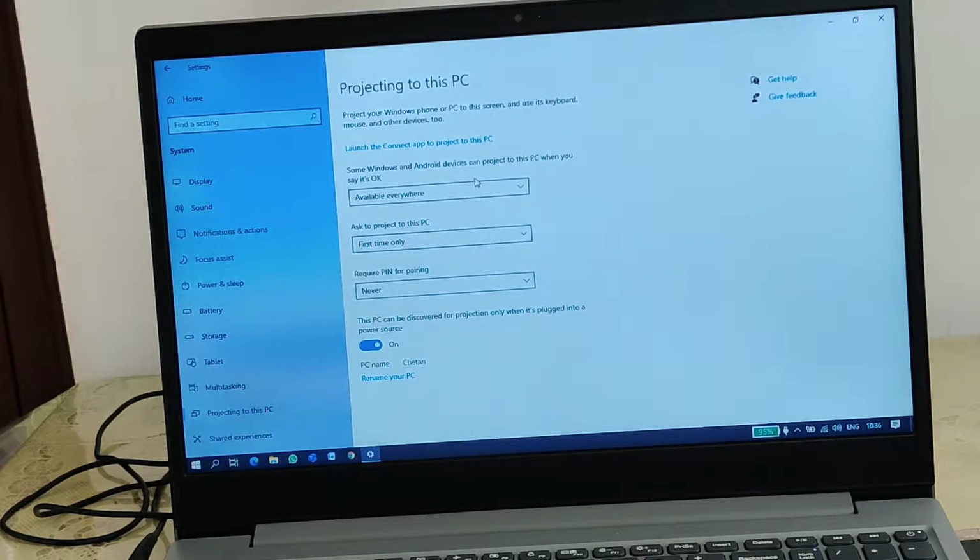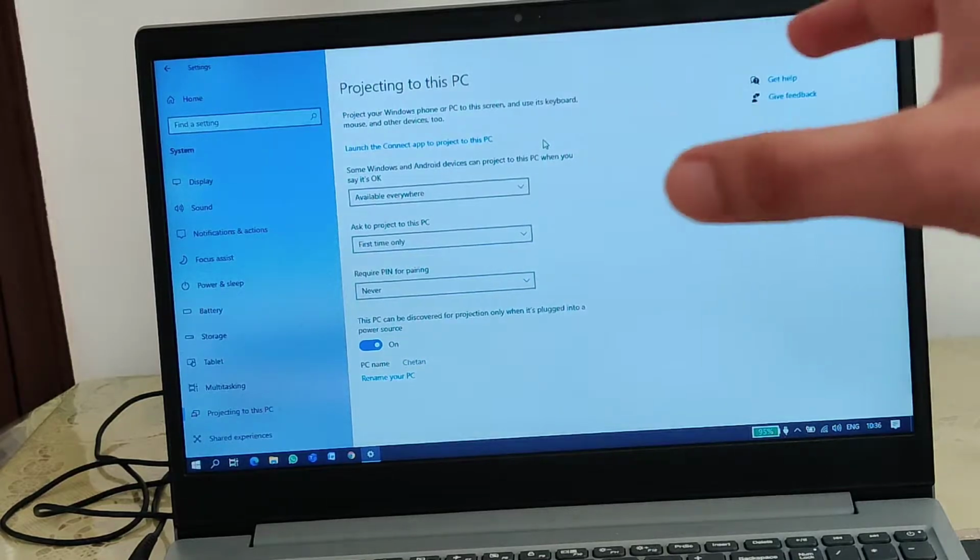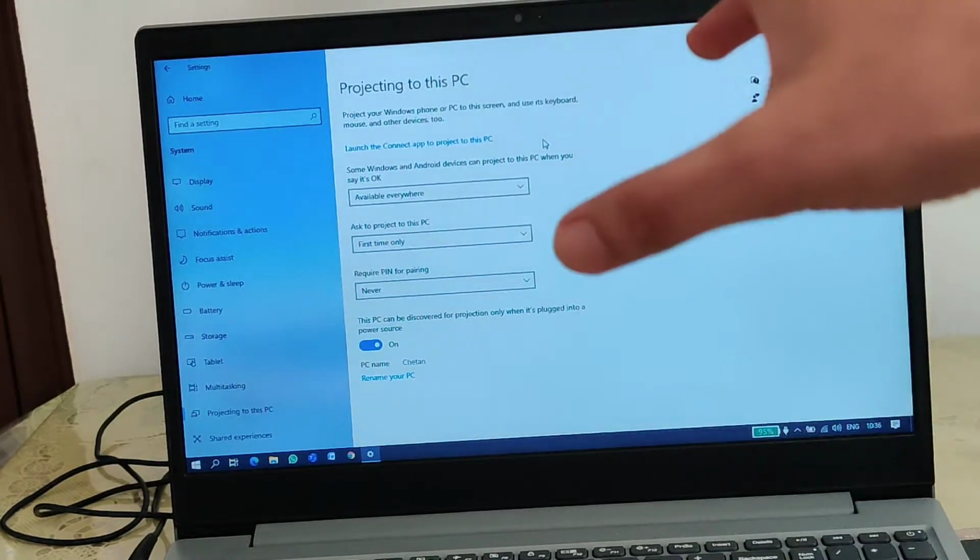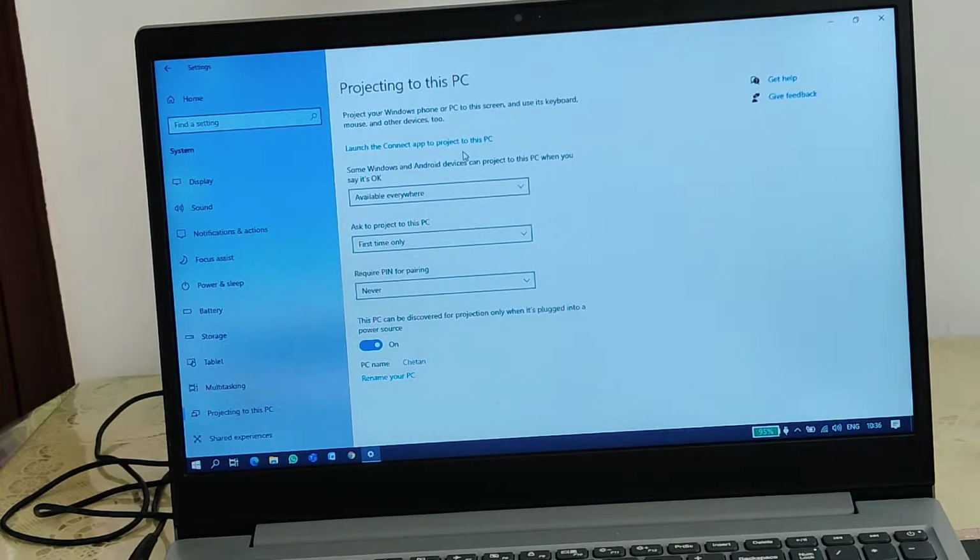If these options are not available, there might be a chance it will ask you to install a feature. Then click on install a feature and choose wireless display. It will automatically install that feature. It is 1.6 MB, and if your luck is good, it is always present by default in this area. So that's enough.